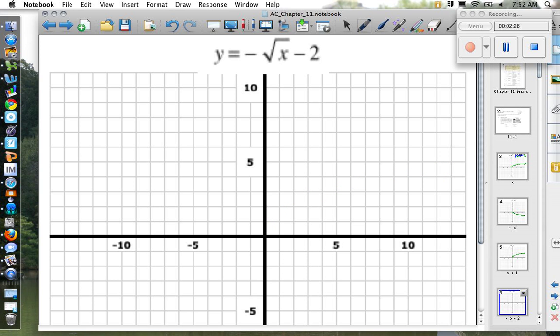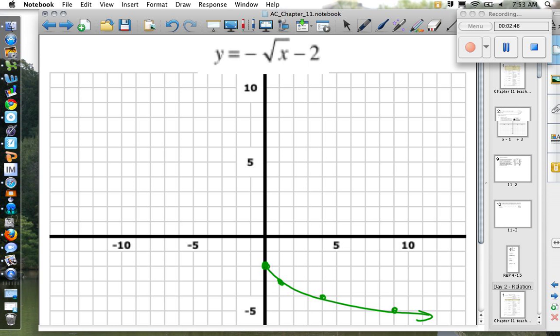Then, the next one. We've got square root of x, the opposite square root of x, so this means it's going to go down. The 2 means it'll start here. And it's going in the opposite direction. From here to there and to here. So this one simply goes like so. And then finally